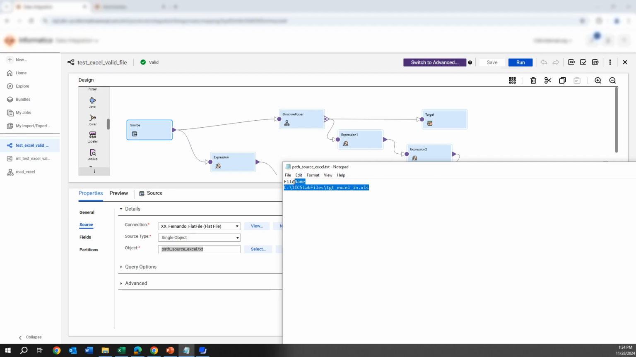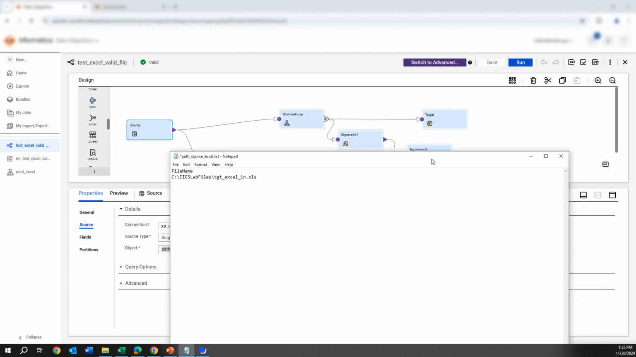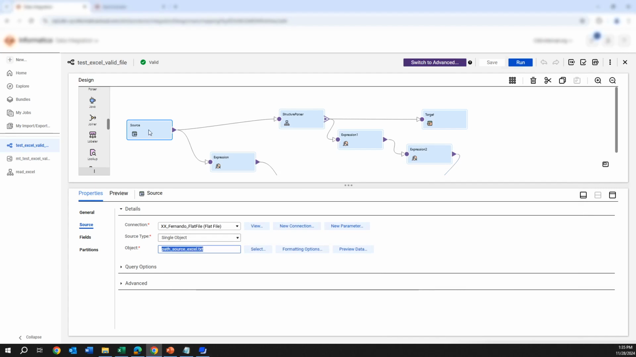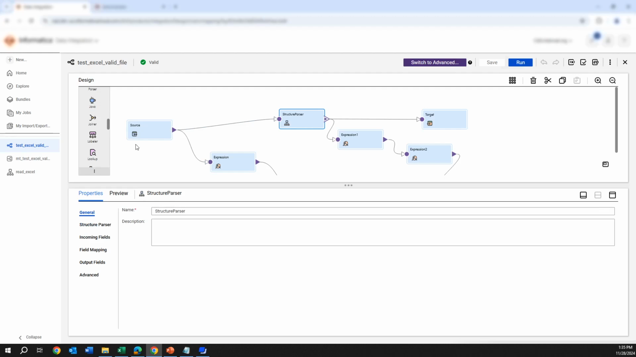And if you want to read more than one file, yeah, you can put here all the files that you want to process. So this gives you more flexibility. So I close this. So basically here what you are doing is you are passing the path where the file is located in your source. Then you will need to create a structure parser transformation. So you come here, you search for a structure parser here, you bring it here,